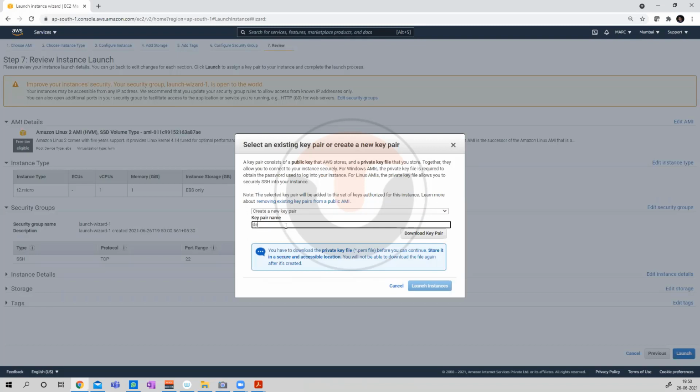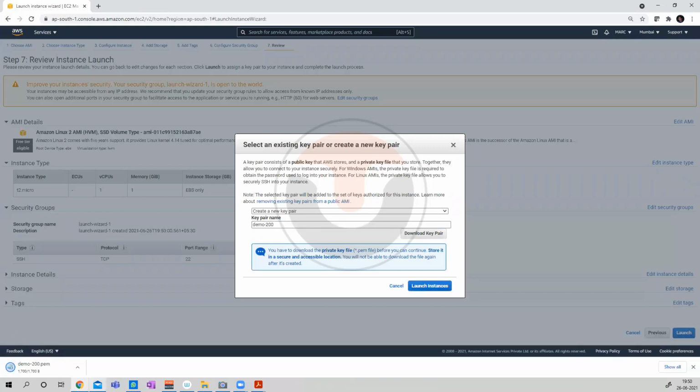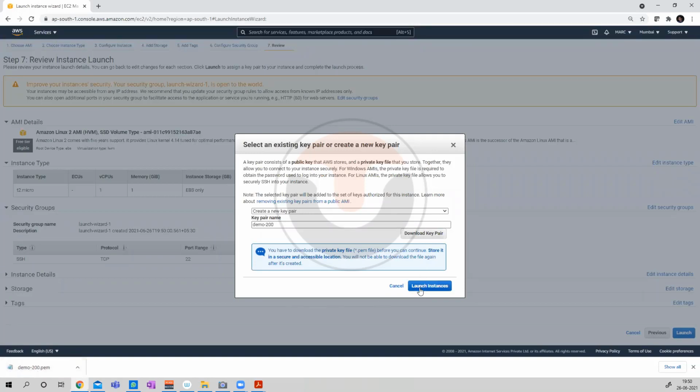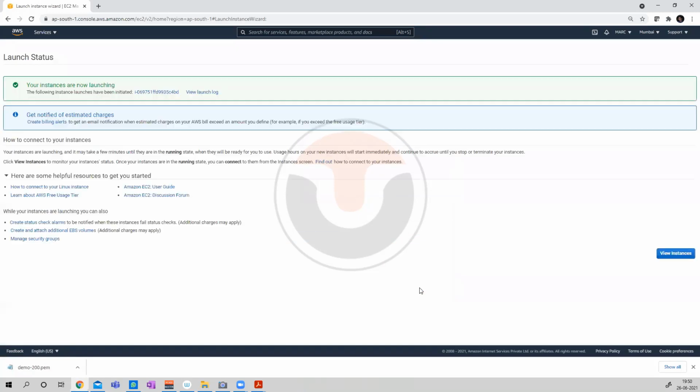Okay, let's say demo 200. I'm downloading the key pair. It downloads a private key for me on my local machine. Then I click on launch instances. So this instance is up and running now. Okay, so you can see